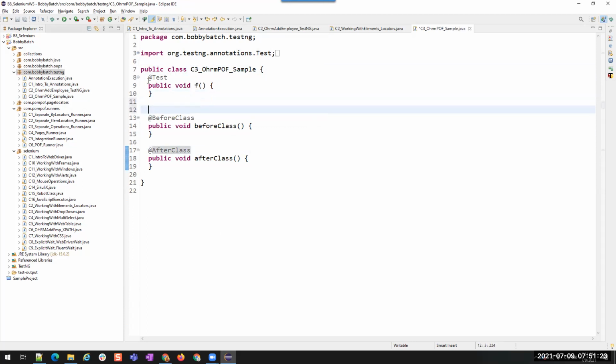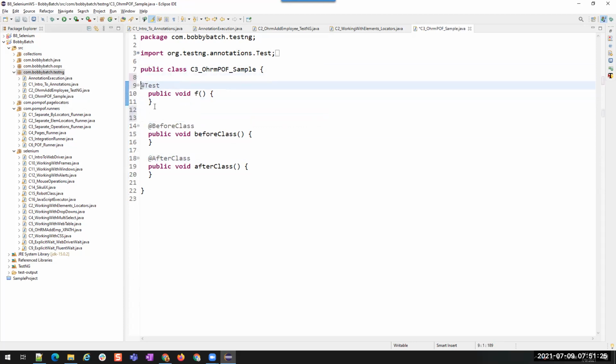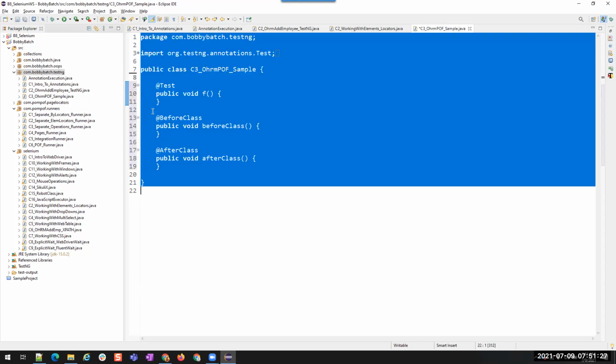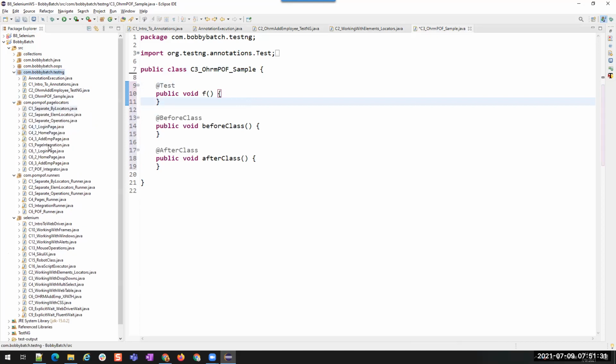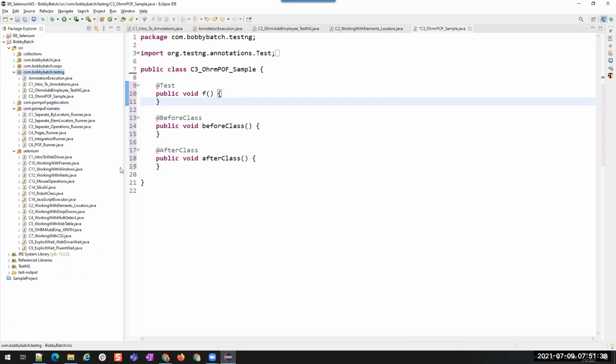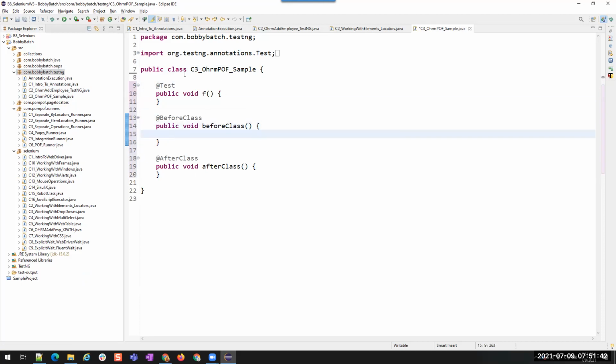All right. Now I have these methods. Since all the page locators and all the methods are already written in other packages, we are going to use those same page locators. So I'm not going to write all these things again. I will use the same classes which we wrote earlier. Before executing this class, what do we have to do?